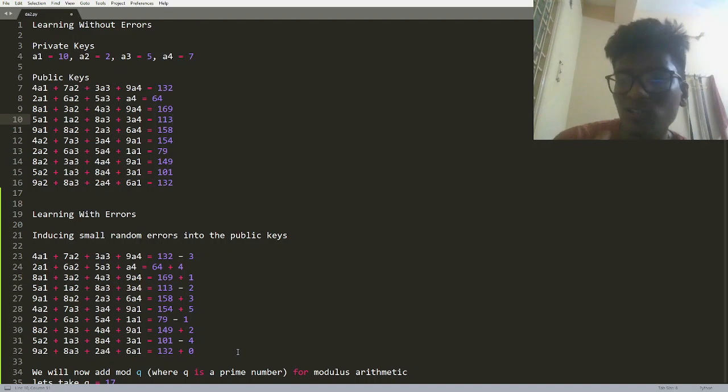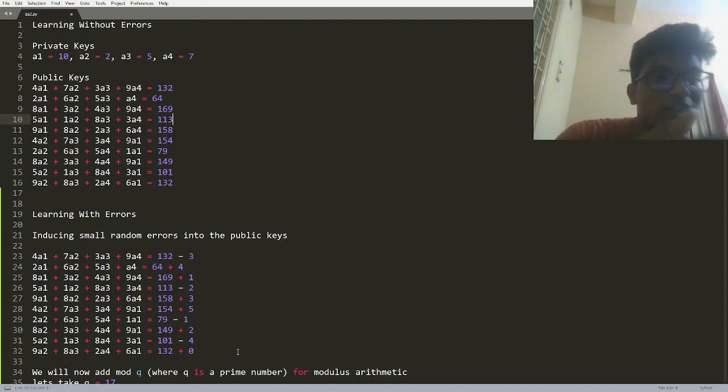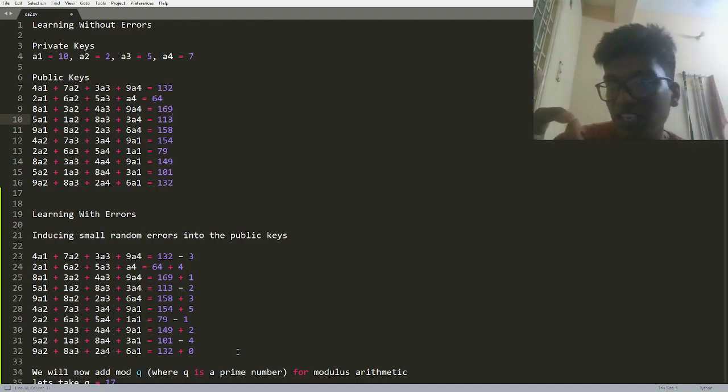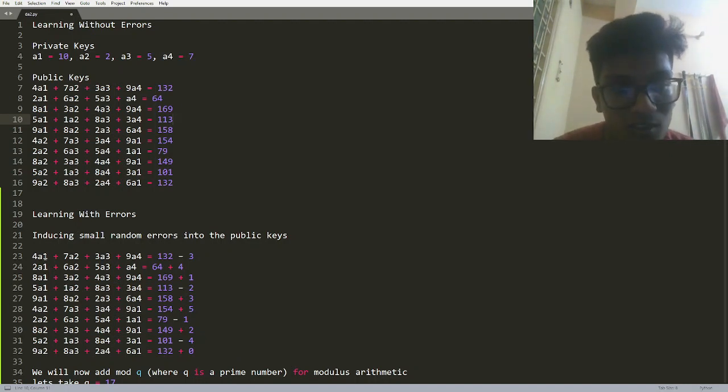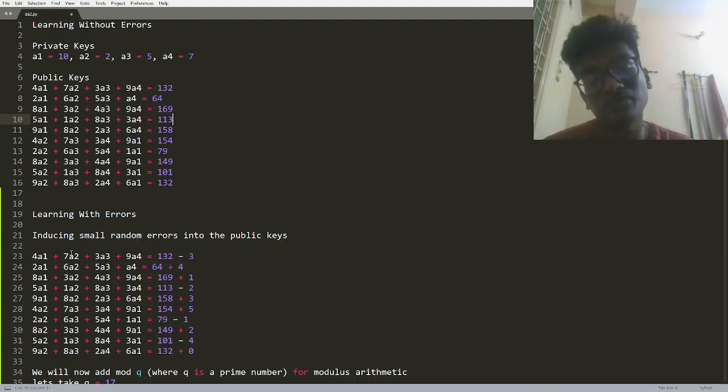But while there is not a single solution, generally they can identify some near solutions, some different near solutions that they may develop into private keys. But the issue is that they are very difficult to solve. That is our goal. As I've said, there are no impossible-to-solve problems, but our goal is to make it as difficult as possible. By inducing these small errors, it is very difficult to find the solution for all these variables, that is, the private keys. They can't find them because the equation itself is not actually correct.